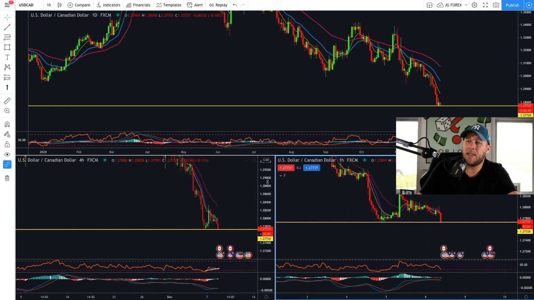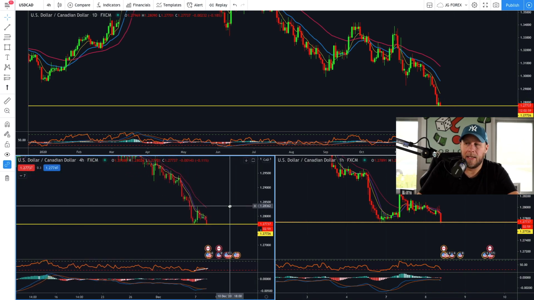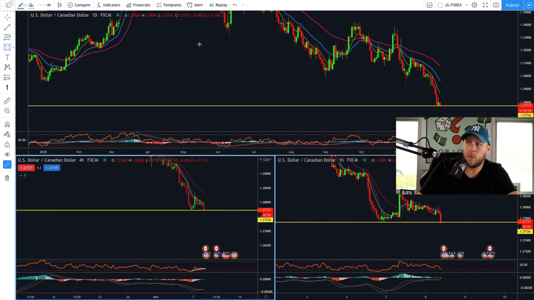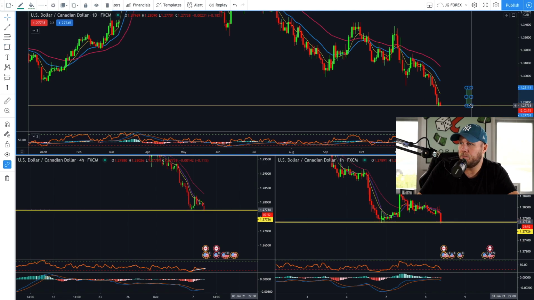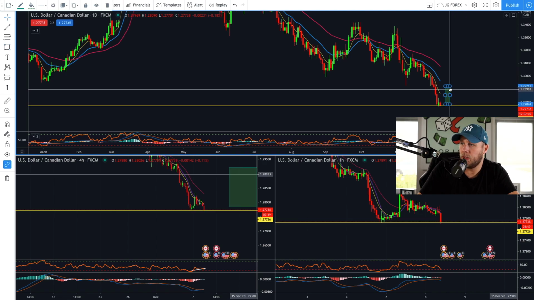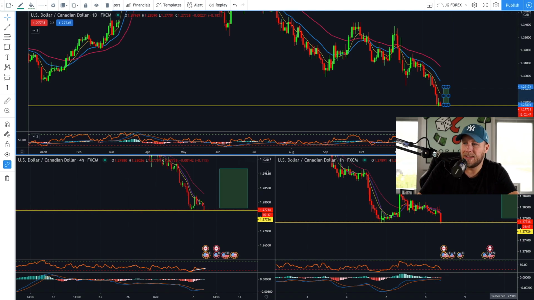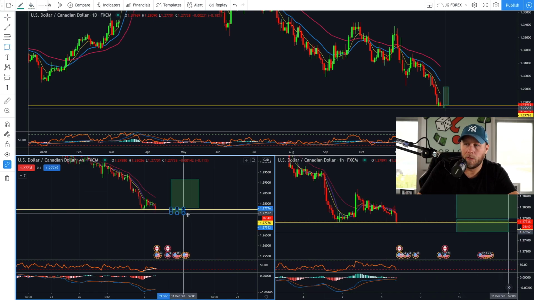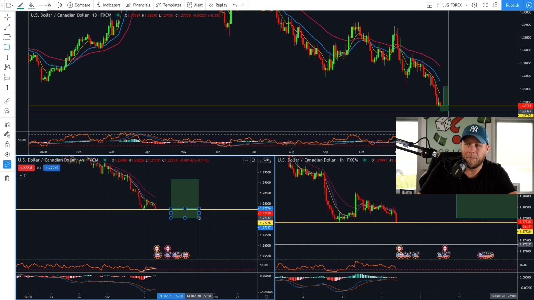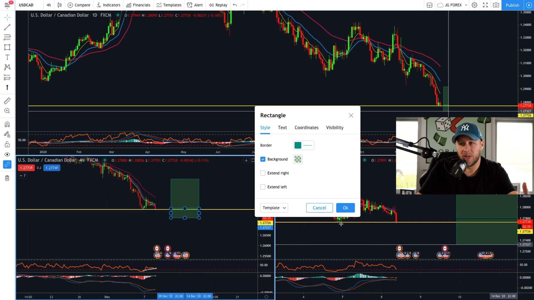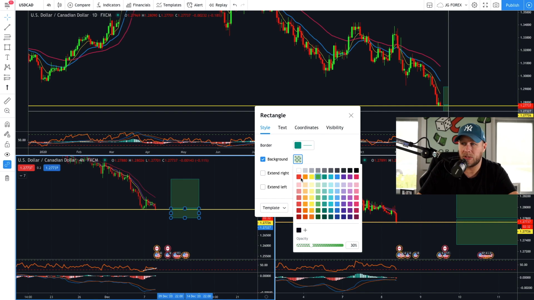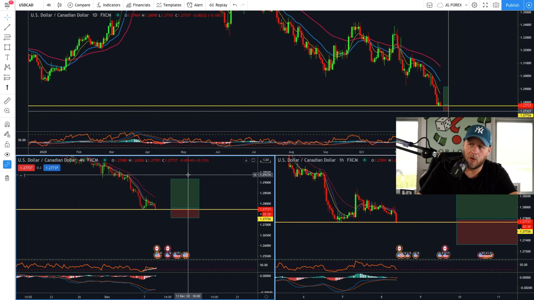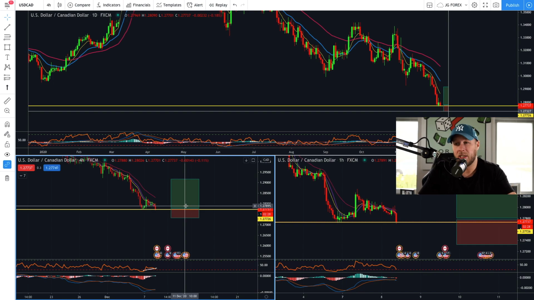Now, that begs the question, where would targets be? And for me, targets on this would be, again, just below that structure zone. So we're going to just draw this on right here. This is going to provide a nice little bounce, a nice area for potential targets. And again, great reward to risk profile on this setup here. Depending on what the ATR is on the close of this candle, I'll be adjusting that for stops. It'll be an ATR below the low and then targets at the high,